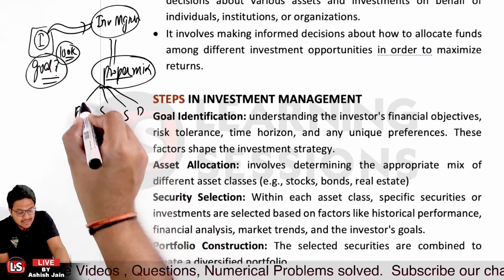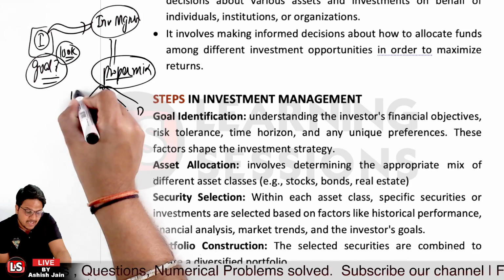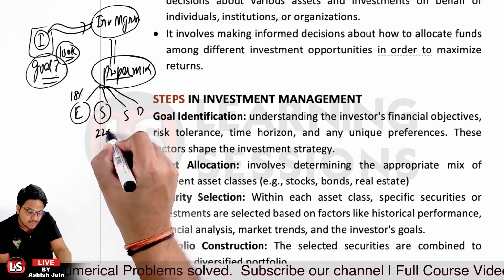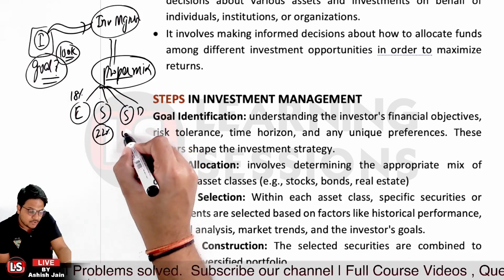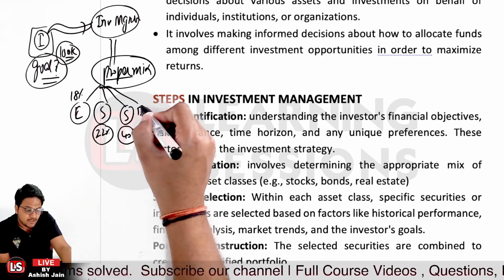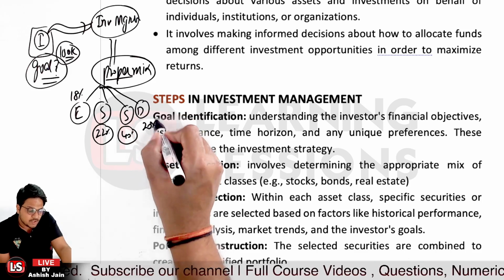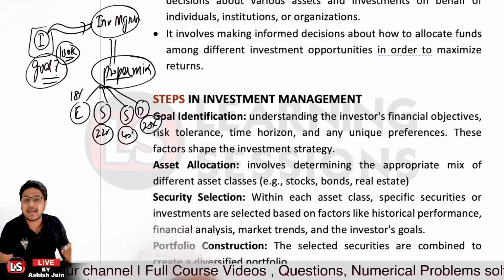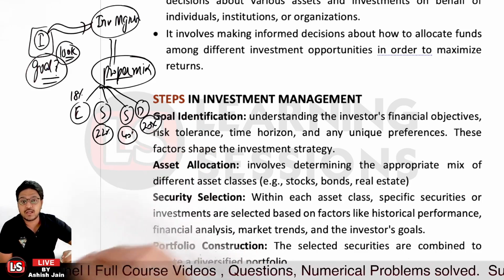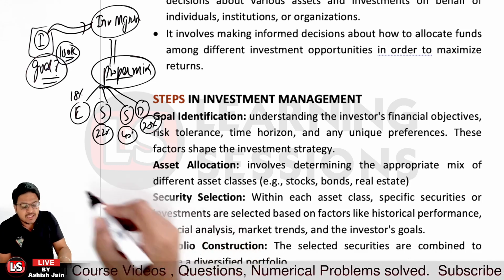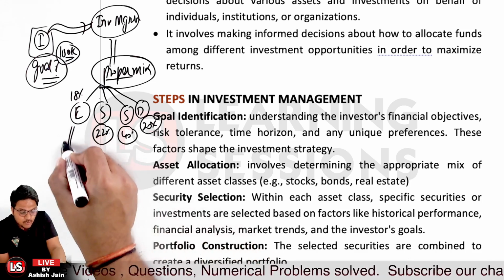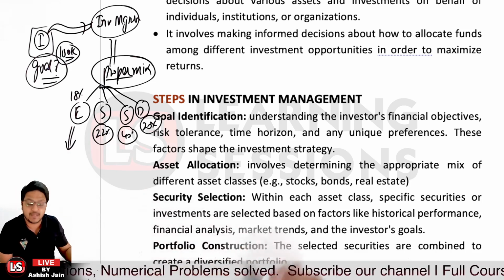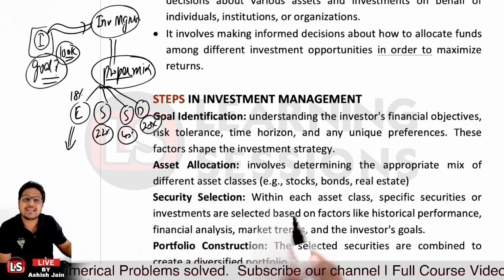And they also said that they will be investing 18% in this, and further 20%, 22% over here, and 40% over here, and 20% over there. After selecting the proportion of the assets they are going to invest in, they will select the securities, that is, in equity, in what securities or what combination of securities they will invest the money. It's related to security selection.